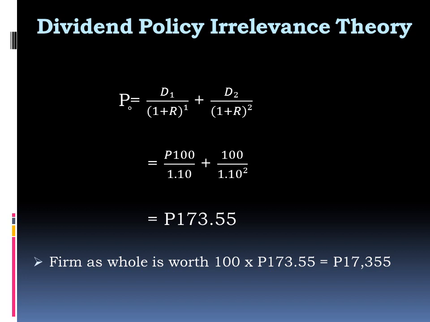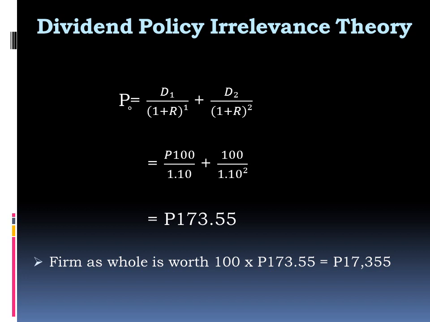We have to substitute the given numbers. So for this, D sub 1, we have 100 pesos over 1.10 plus 100 over 1.10 squared